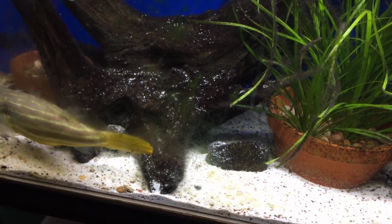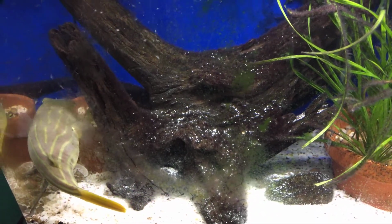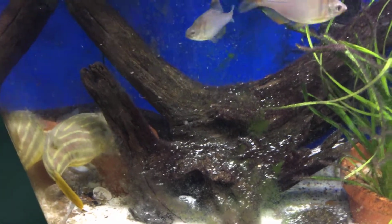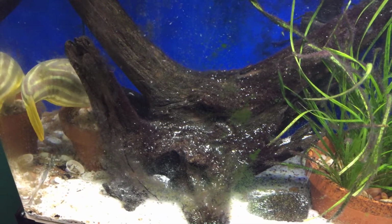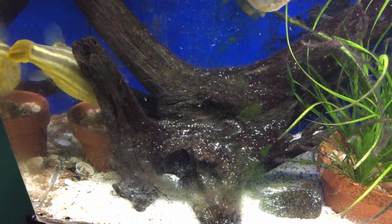She right now likes, I'll get her in the frame, it'll help a lot. She likes jumbo bloodworms, and I don't have any in what I'm putting in here right now, but she will. See how she's going around and picking various things. She also loves her